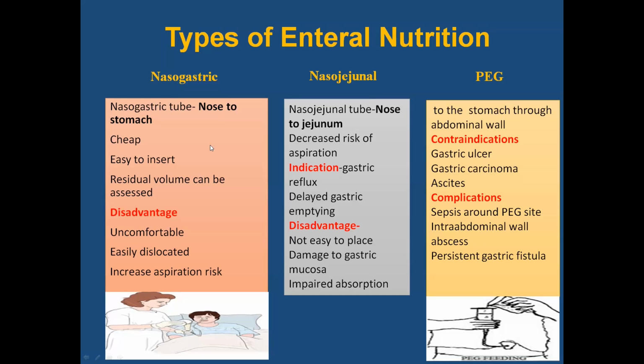This can be given through the nasojejunal tube, or through a tube percutaneously passed into the jejunum, or operatively placed into the jejunum percutaneously. So that is actually the same. And the problem with all those things is, if we are going for surgery for any other reason, if we have placed a jejunostomy, that is okay. Otherwise, just to put a tube, we do not operate on these patients unless there is proximal obstruction,